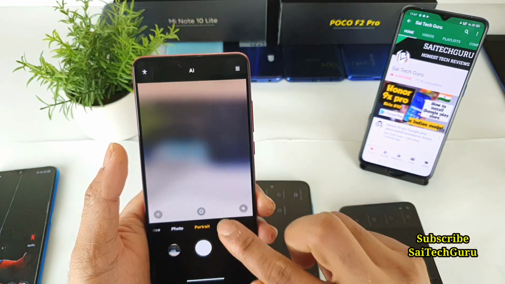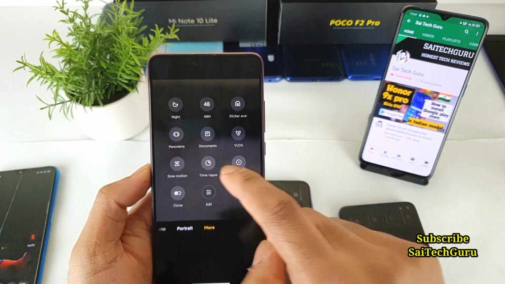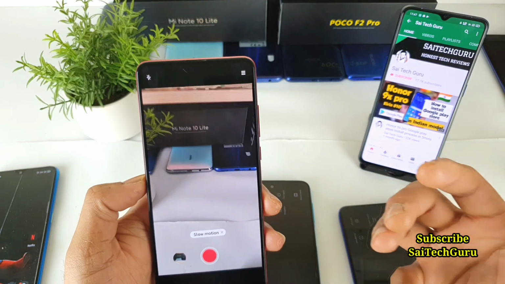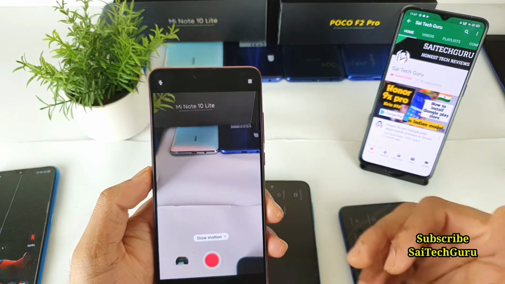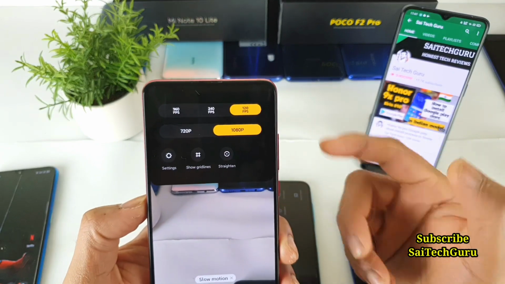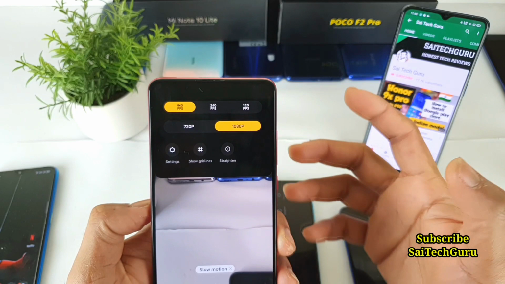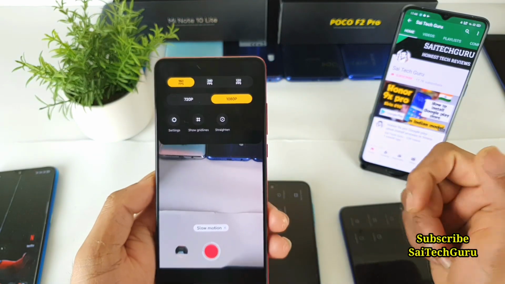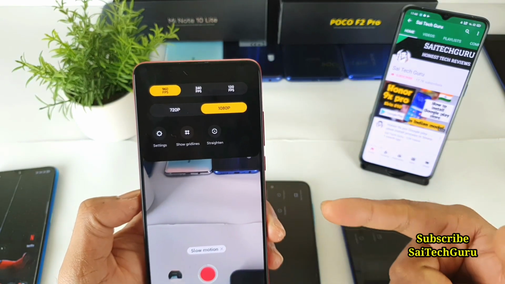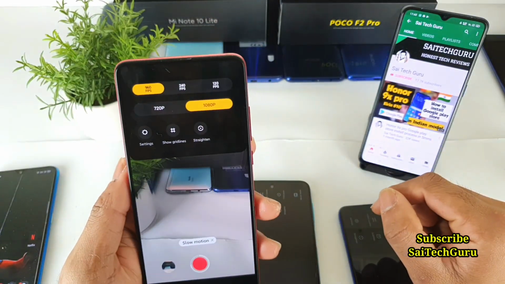And next is that in the more you do get the slow motion and everything. In the slow motion, so let me show you one biggest advantage. When you tap the three lines, you do get option to record at 1080 recording. As you can see friends, 1080p at 960 fps, which is perfect and good clarity recording. So I'll be doing another slow motion shots testing in the Redmi K20 Pro, as you can see.